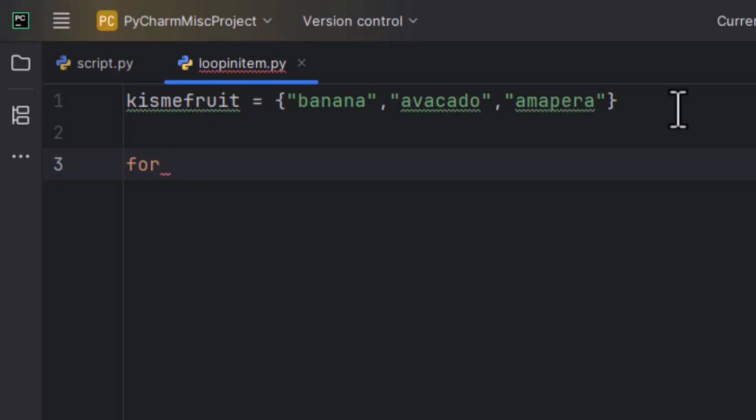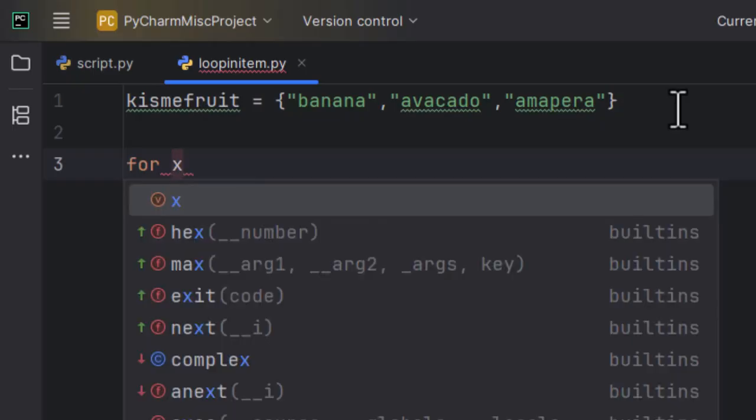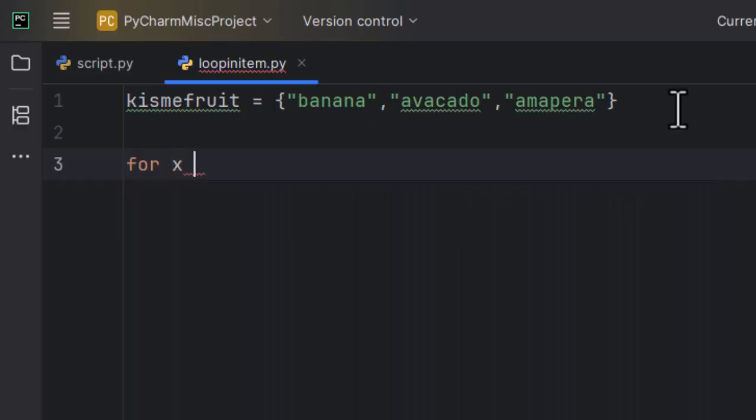So we are iterating using a for loop here. Wow, Python is so easy. We just say, for a certain fruit in this variable, please print all of them, right? So we say for x in kissy fruits,